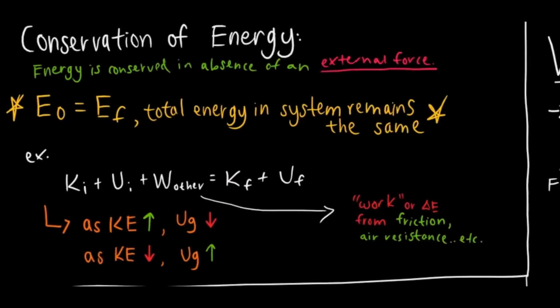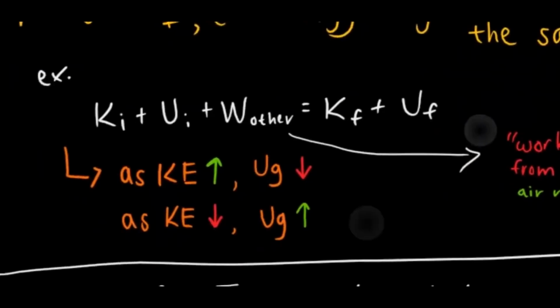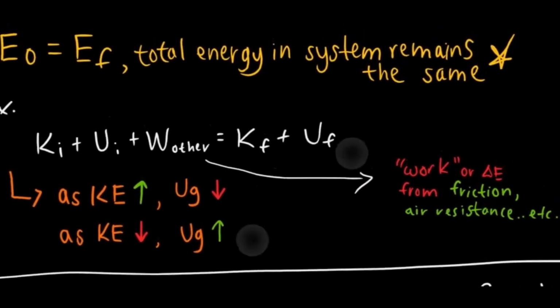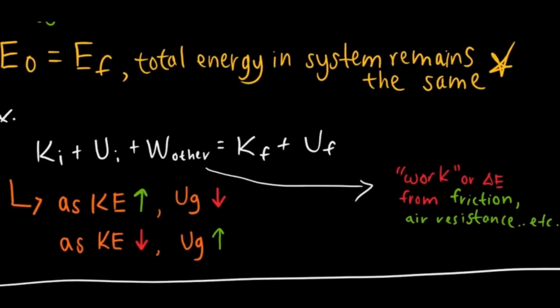All right, so now let's talk about conservation of energy. When there are no external forces acting upon objects in a system, that is where energy is conserved. So energy initial equals energy final. Here's an equation that represents that, and this is where non-conservative forces are acting upon it, right? So we're going to have something like air resistance or friction, which is going to be represented as work other. So kinetic initial plus U, which is potential energy initial, plus work equals kinetic final